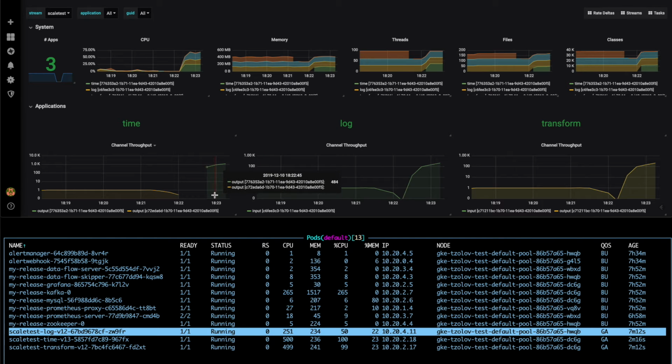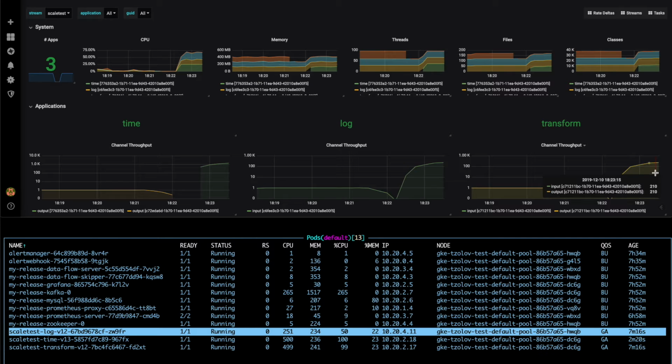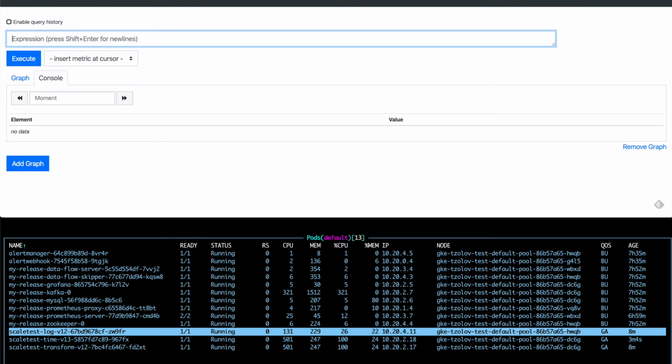The time is actually almost 800, and the transformer is starting to catch up, still coping with the time generation rate. Everything is configured as a